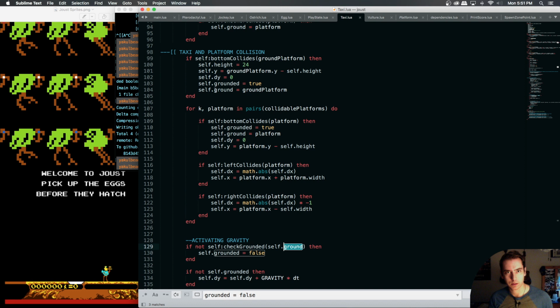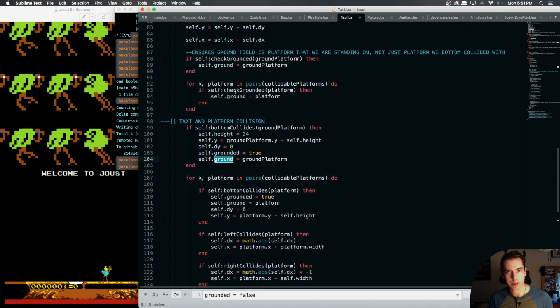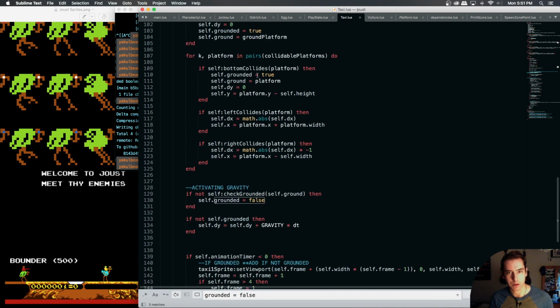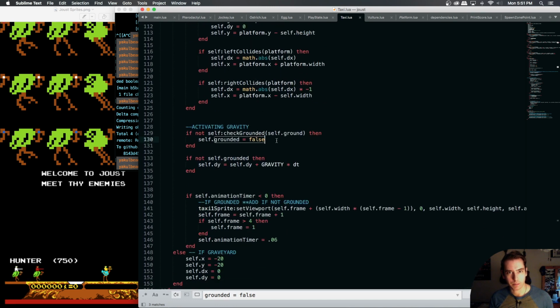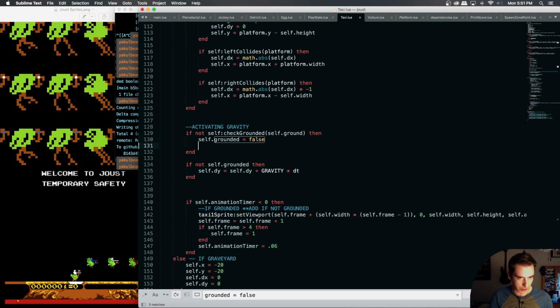Just like this, we're assigning our ground field upon a bottom collision, but we're also assigning it upon a check grounded on a platform or on a ground platform. So if we are not grounded with our ground field, then not only does our grounded become false, but our self.height needs to become